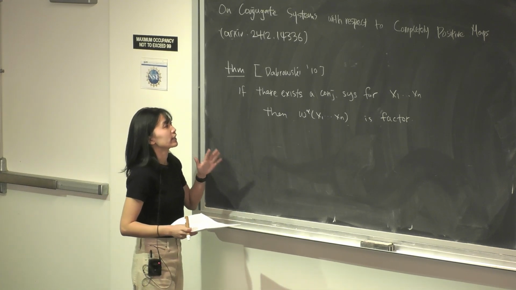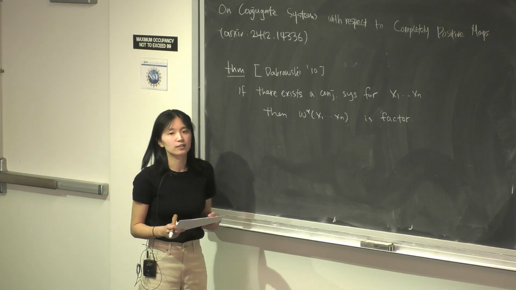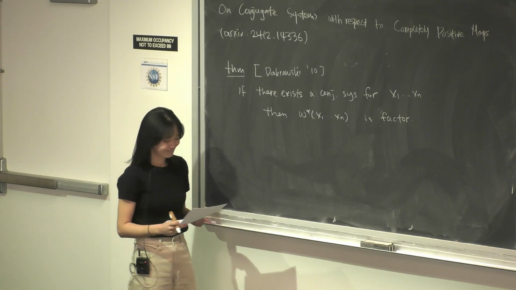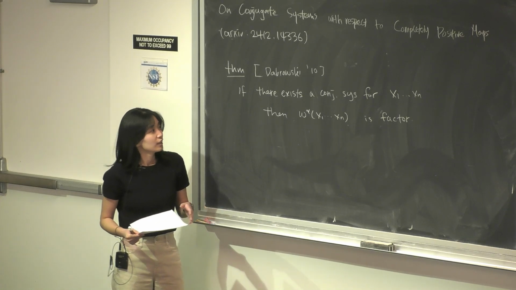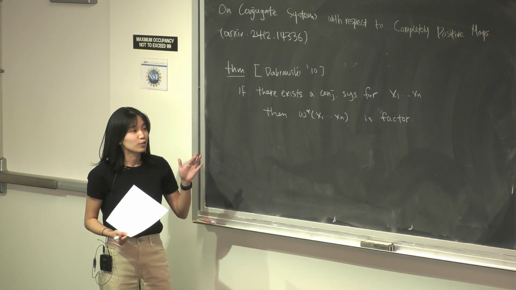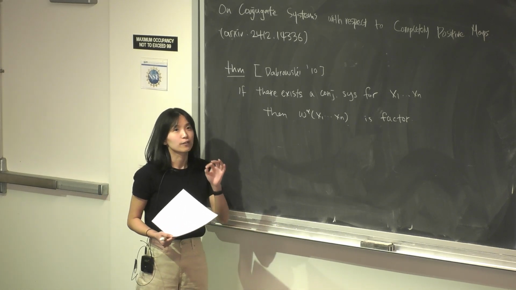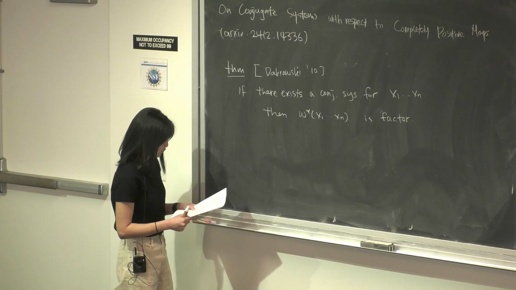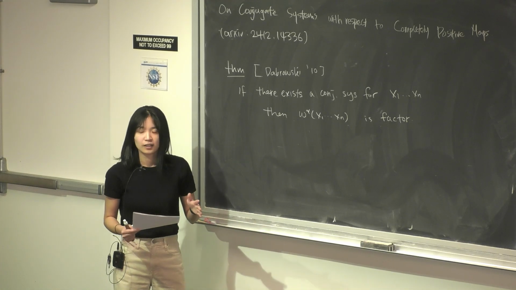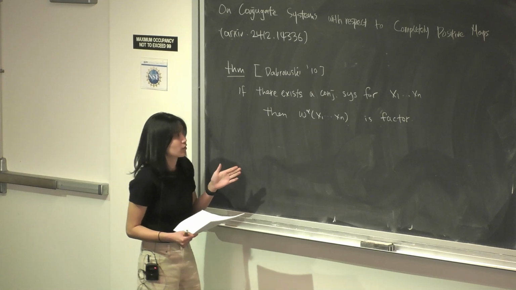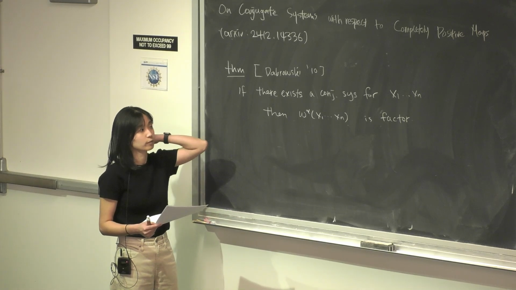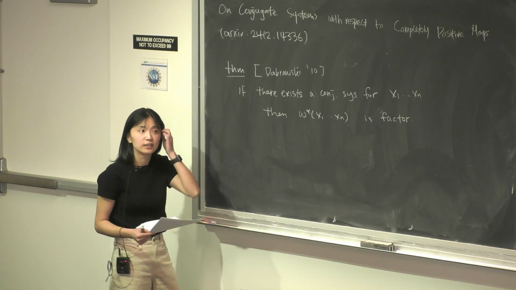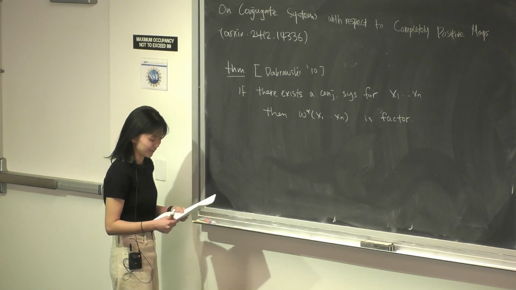One motivating example that has a conjugate system is a free semicircular family. And in fact, the von Neumann algebra generated by semicircular operators is L of F, depending on the number of the operators. And I want to generalize this theorem into the operator valued case. In order to do that, I need to understand operator valued semicircular family first.